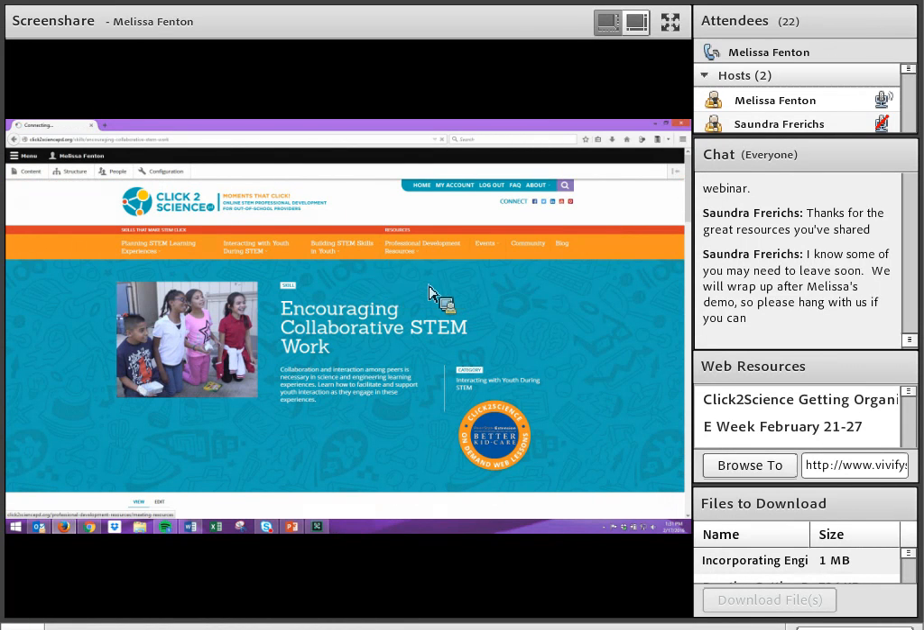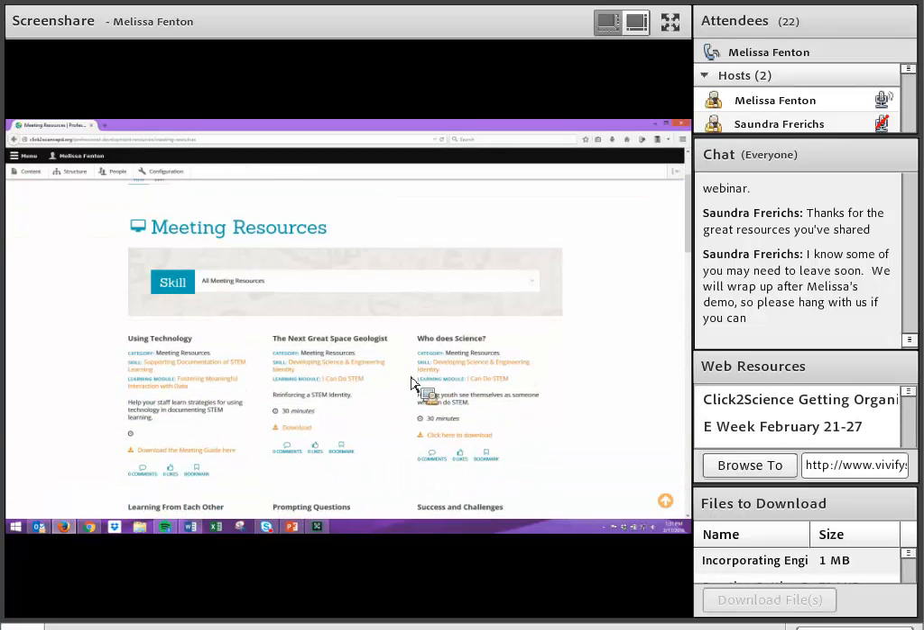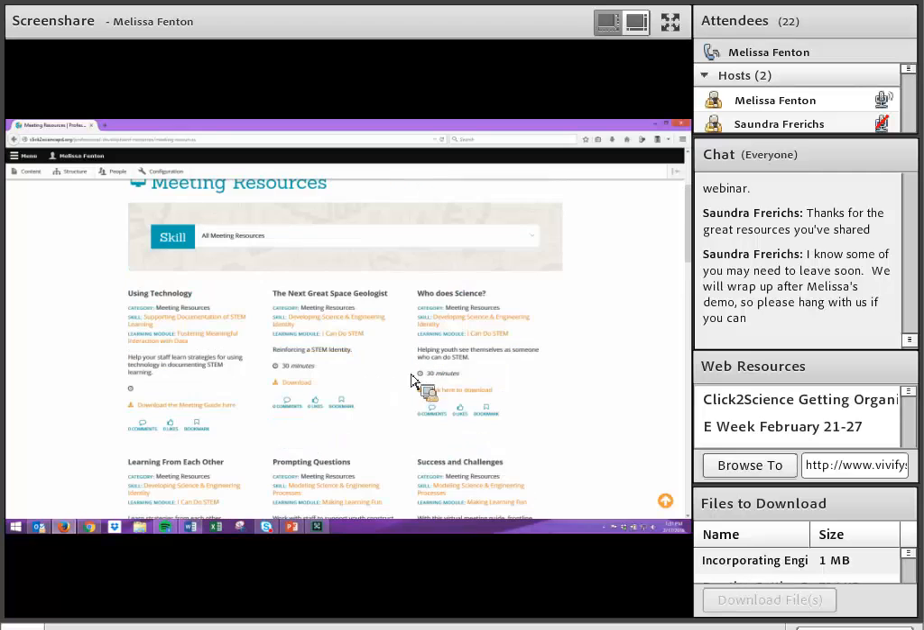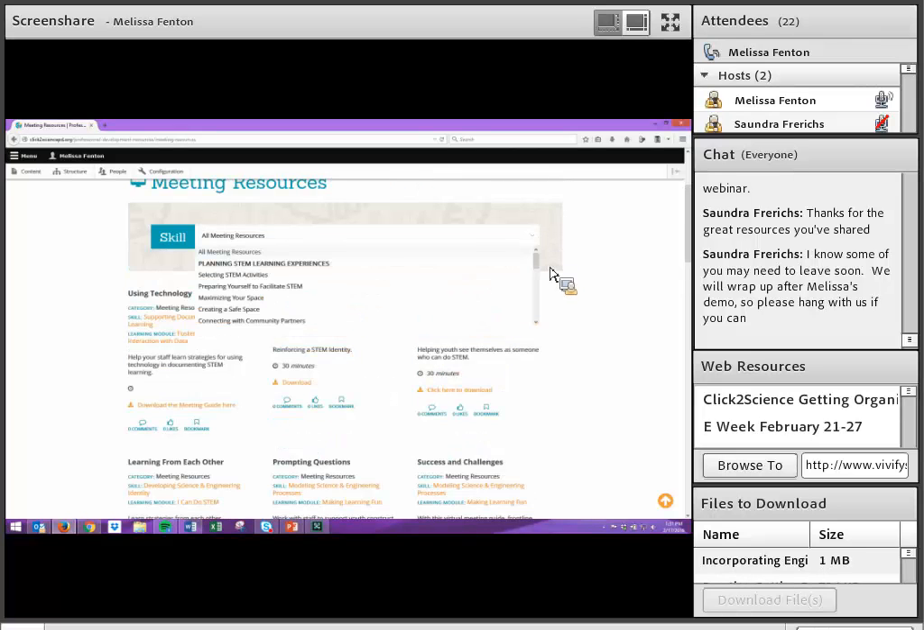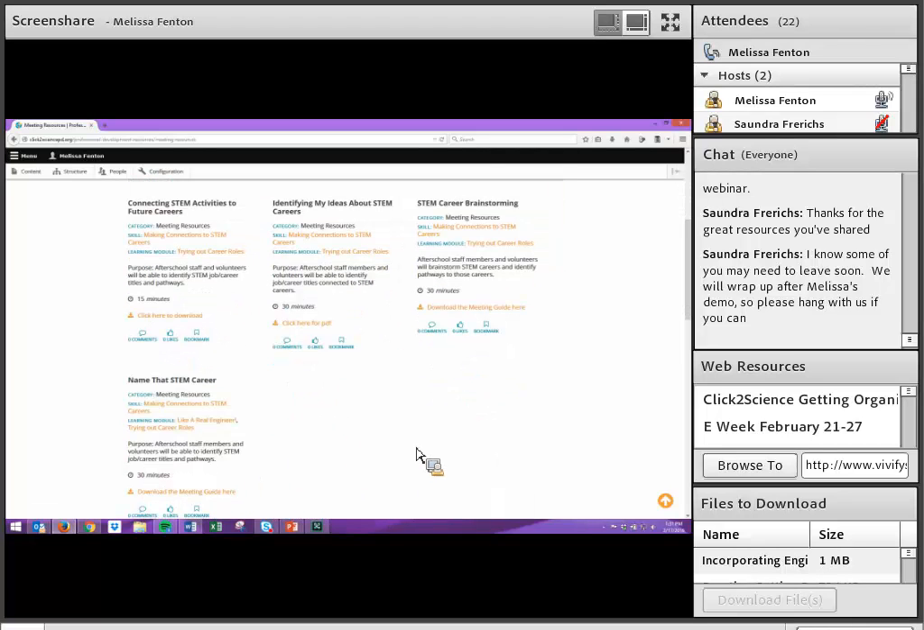So I'm going to select those meeting resources, and I can narrow it down by skill because, as you can see, all of the meeting resources are just listed here, and I don't think that's a very useful way to use the site. So I'm going to scroll down specifically looking for meeting resources in Making Connections to STEM Careers. And now I have 4 resources to select from that I can use as part of my monthly staff meeting